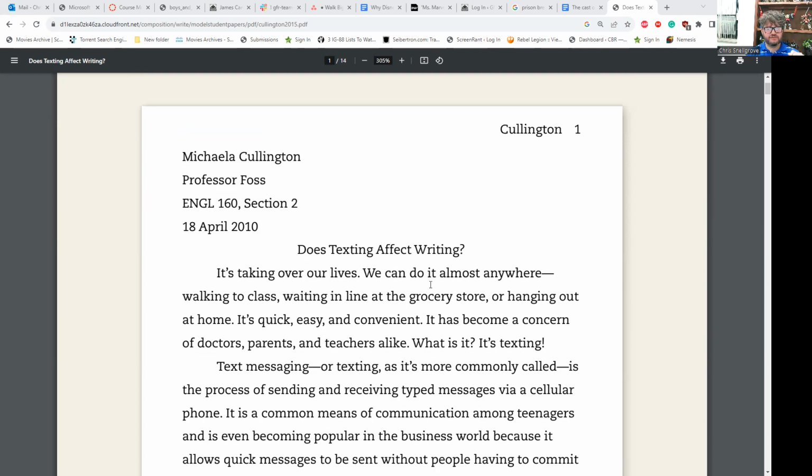So it starts out, does texting affect writing? That's the title. Now I'll go ahead and tell you, this is one of the few things I don't like about this example essay. And the reason for it is it tells you exactly what this essay is going to be about, right? But here's the problem. If you're not automatically or already interested in texting or writing, it's the kind of title that doesn't really